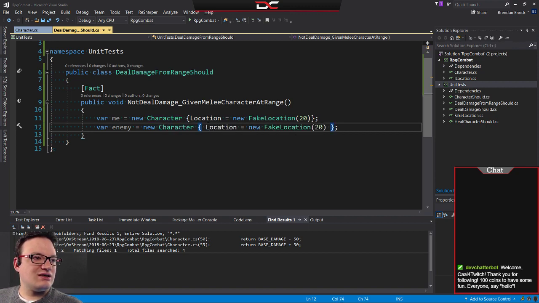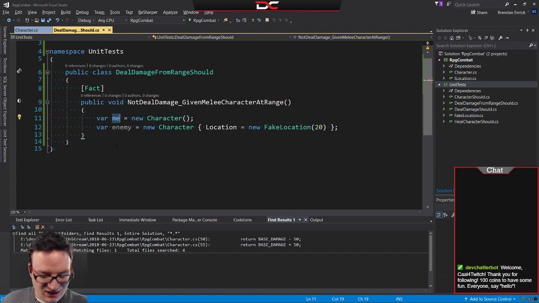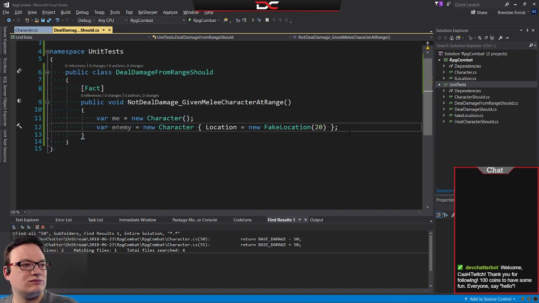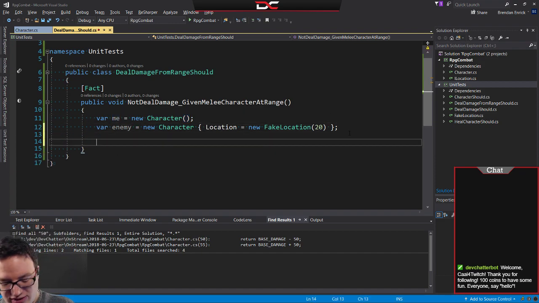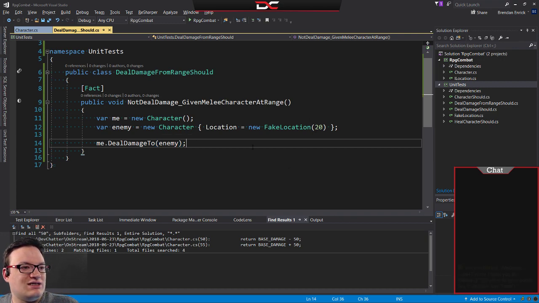So we're going to say the distance is on the enemy. Fake location, distance is on the enemy. So we're going to say that he is 20 away from me. So let's say me dot deal damage to enemy. Because he has a distance that's far away, we're going to say